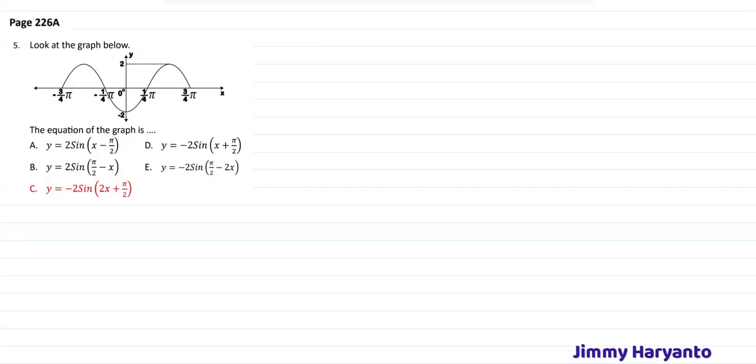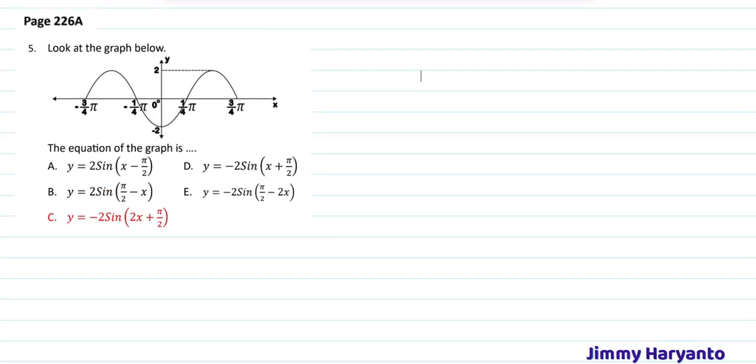And then next is question 5. For question 5, we have to compare it with the original also, but this one is a little bit difficult because we have a negative right there and also a negative right there. The negative hasn't been taught to you yet because there is no such thing in the syllabus, but that's okay. I will teach you in these questions.